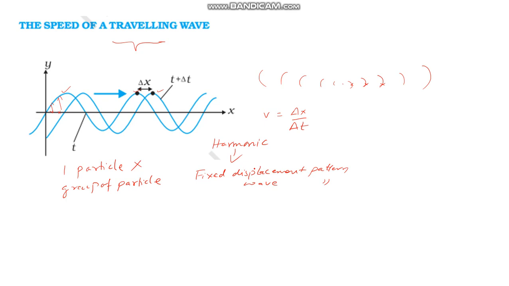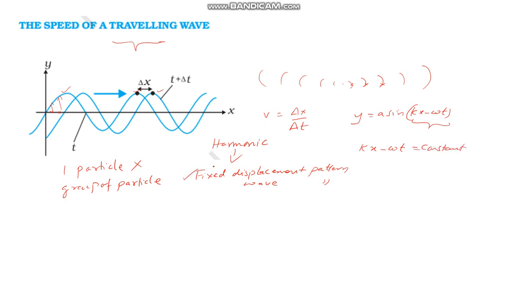So if this has to be a fixed wave pattern, that means your original equation was y is equal to a sine kx minus omega t. So this term must be a constant. Kx minus omega t has to be a constant